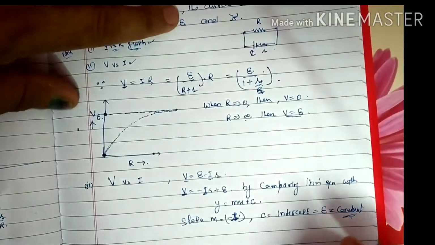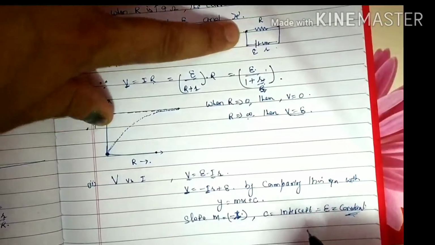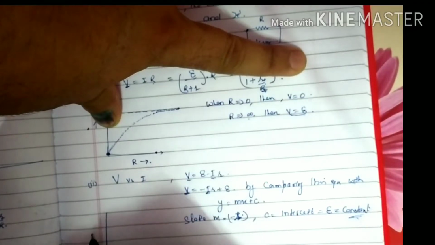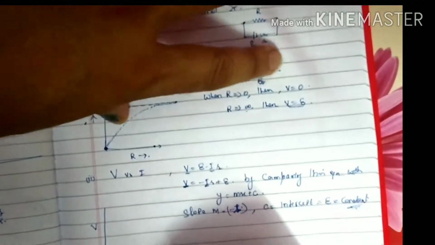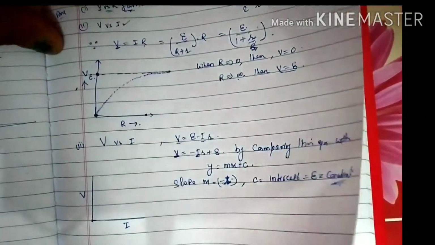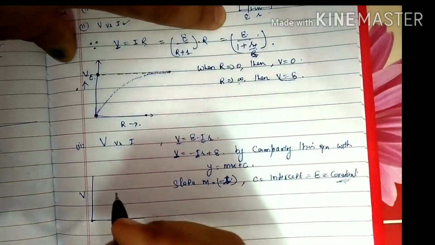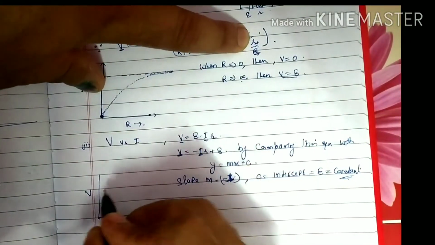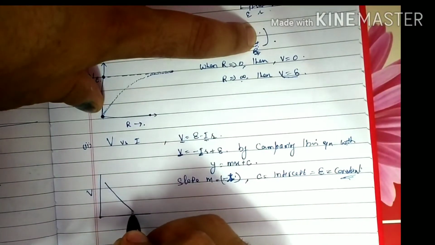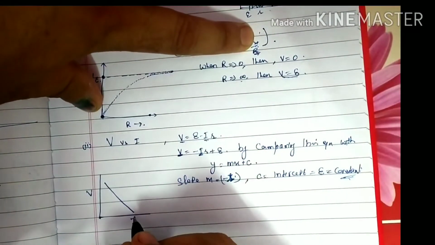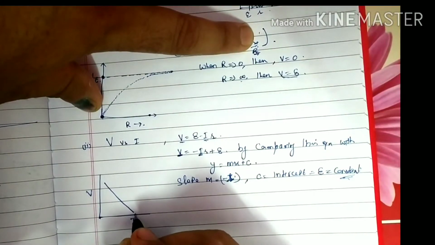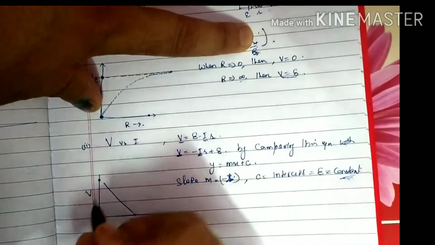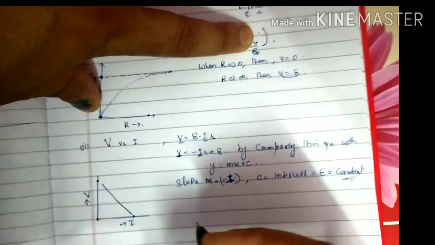Clear this is. So from this equation we come to know that the graph between V versus I is a straight line, but with decreasing slope m, that is equal to minus r. So we have this type of graph, with decreasing slope. Now this graph we have to connect at the y-axis, or we can say the terminal potential axis.